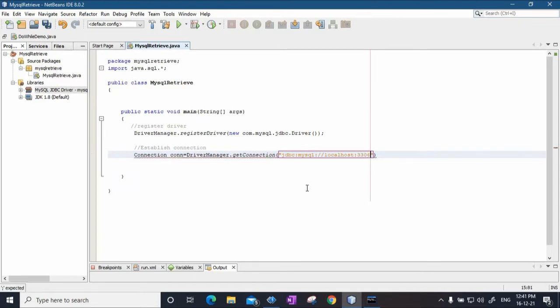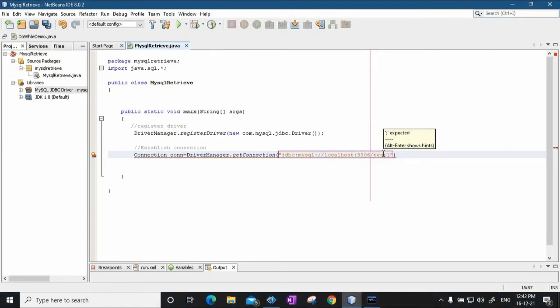So you need to also copy whatever port number is displayed to you, which you can use here. Localhost is the name of my local server, and 3306 is the port number. test1 is the database, so that means in my localhost 3306, that is in my MySQL server, I have just created a database called test1.